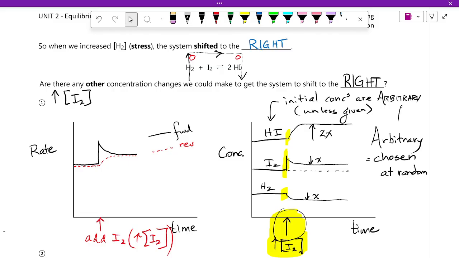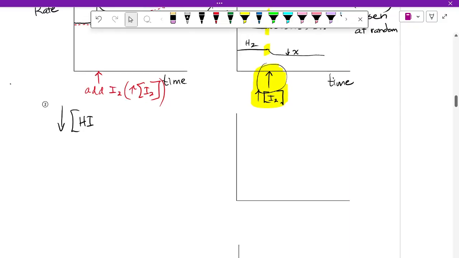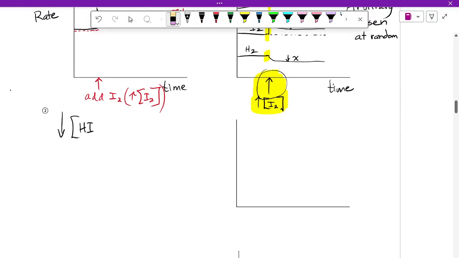Temperature, do we know anything about where the heat term is in this equation? No, so we can't predict that at this point, but we know for sure that if we decrease the concentration of HI,